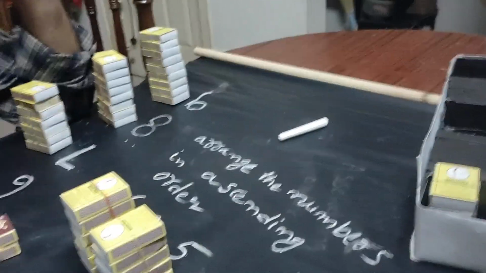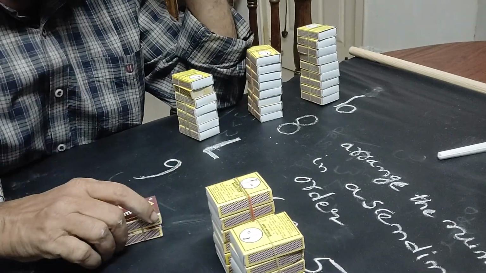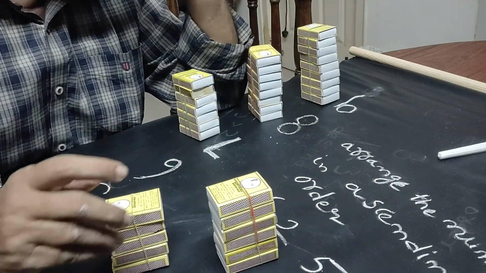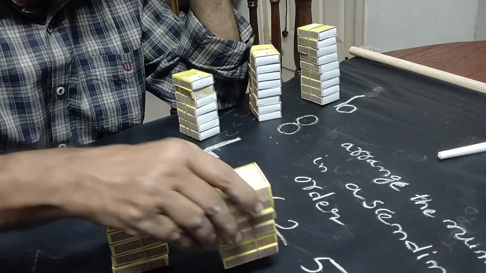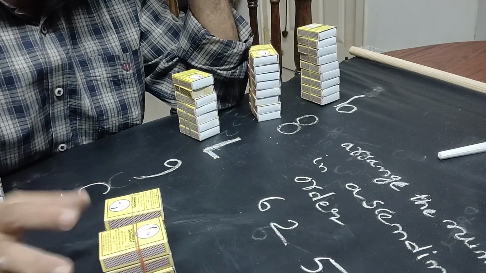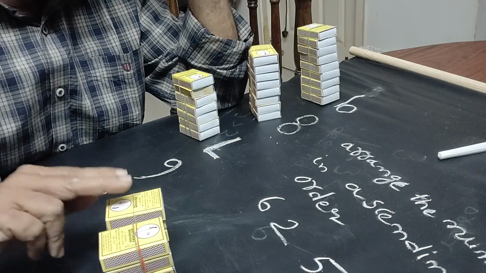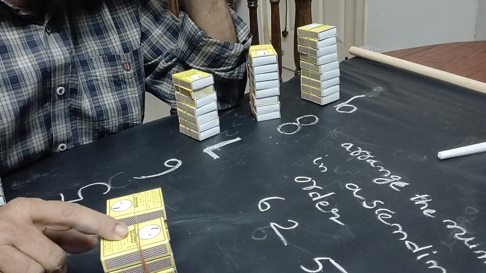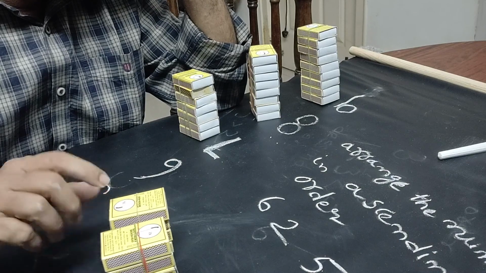Then you take this, which is the next to highest bunch. That means he puts this 5 figures here, and now you put this bunch also here. This is the order from lower to higher. This is smaller than this, this is smaller than this. The same way, this is bigger than this, this is bigger than this.